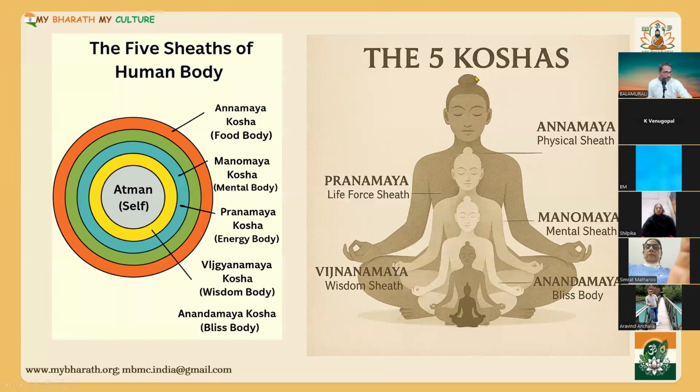And remember, when you have these five koshas, when I die, I leave a few bodies here, I go with a few bodies. I go with the subtler body. Annamaya Kosha, I am leaving here. My energy will stop, Pranamaya Kosha. Manomaya Kosha, the so-called gross mind, I leave. But the subtler mind, which carries all the likes and dislikes, everything goes. For example, in this birth, you are a sports person. You want to play for the national team. You are a cricketer, but you did not get an opportunity.